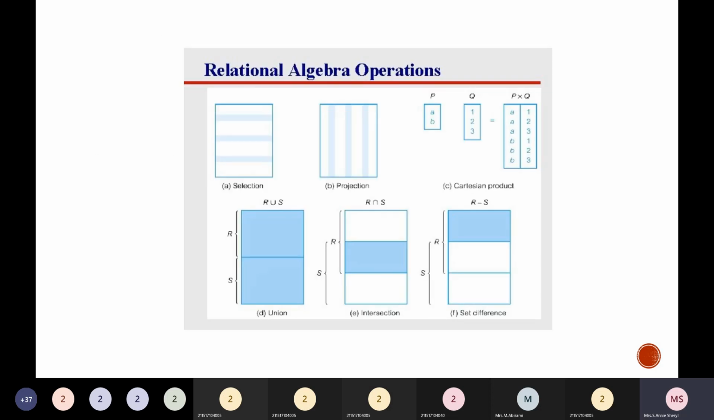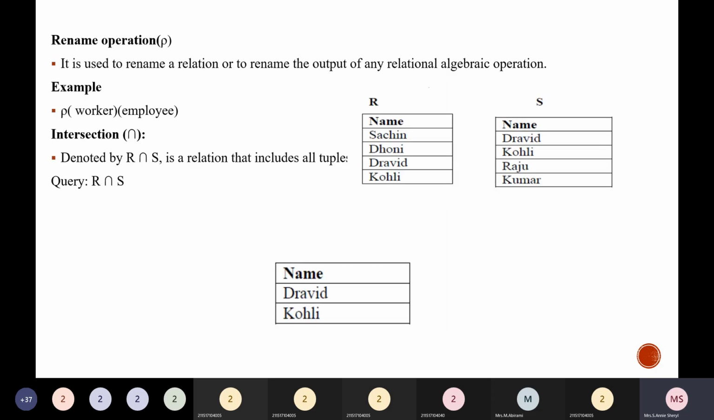We saw how to do a union operation. This symbol denotes your intersection operation. Next one,